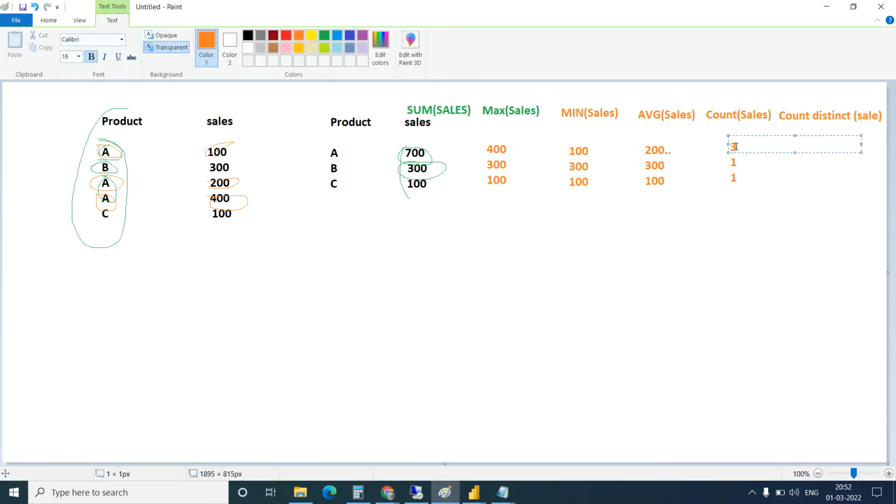Shamli, is it right? 3. Yes, we are doing a count on sales. But I want to do the count on the product, only on the products.